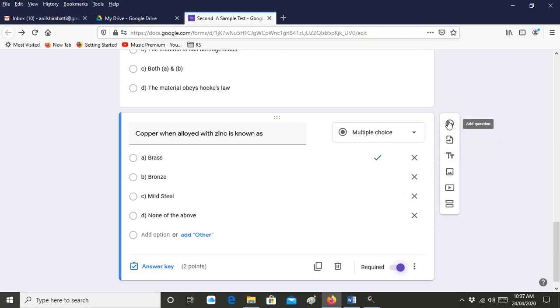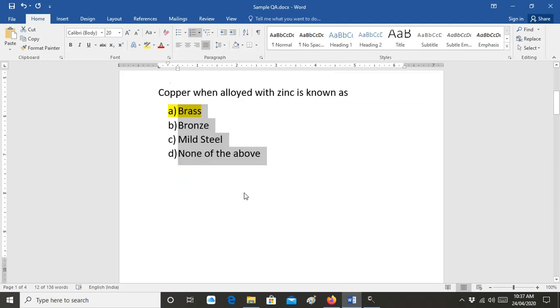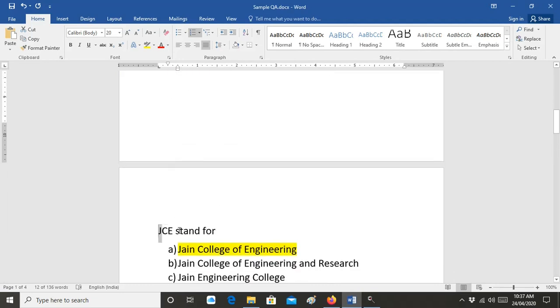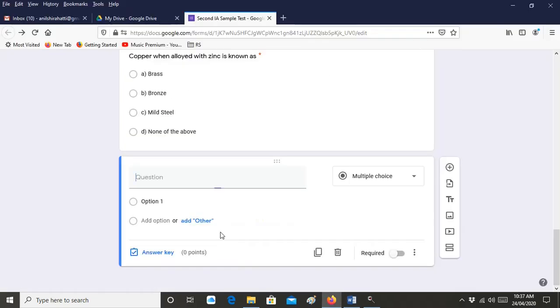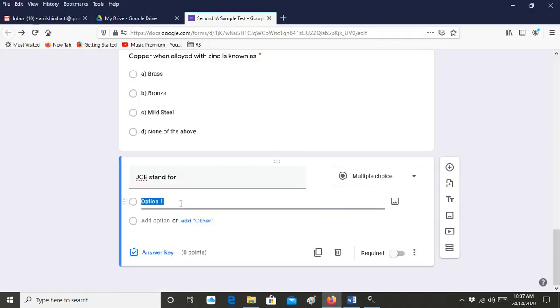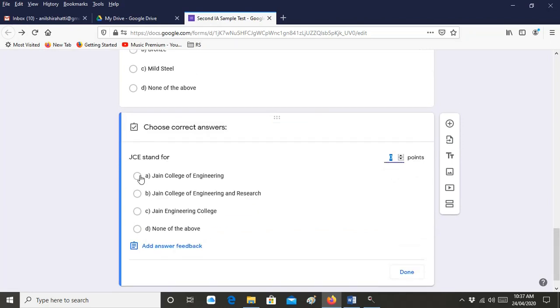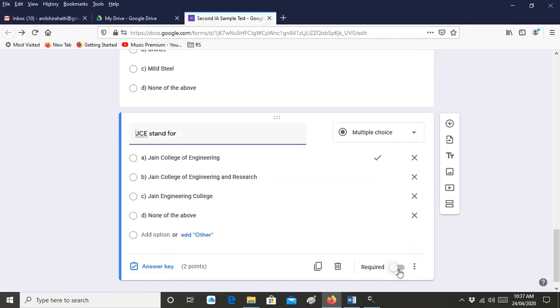Then I'm adding the third question. Go there, the third question is JC, it stands for... Then what are the answers? So given you 4 options for that, right? So the answer is, so click answer key and JC answer, 2 points, done, required.